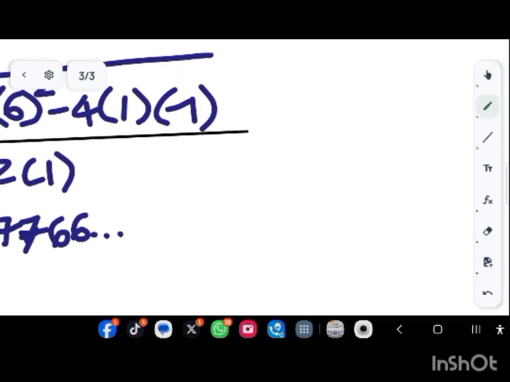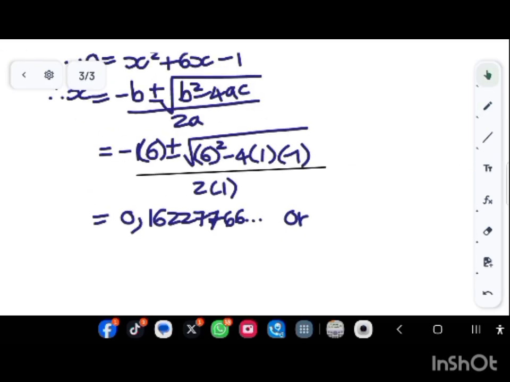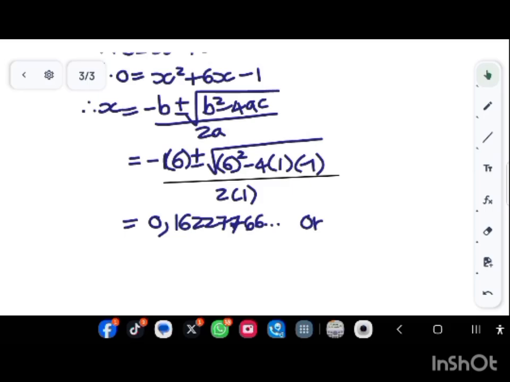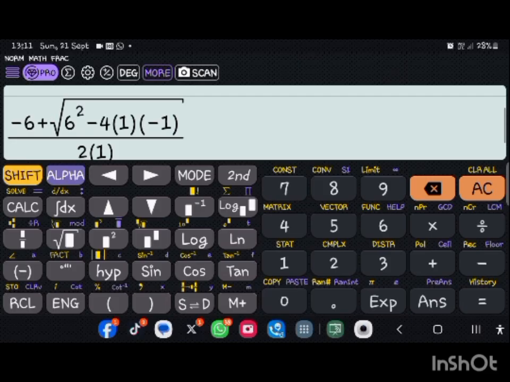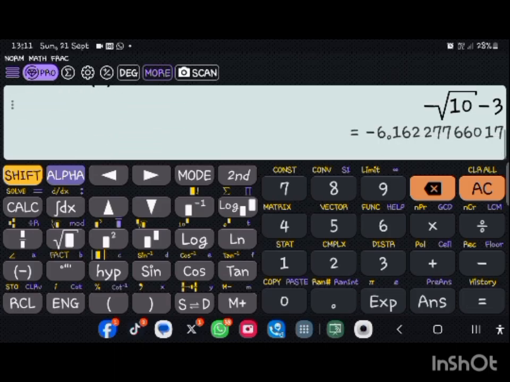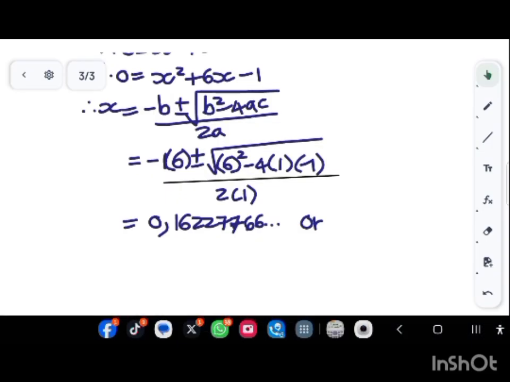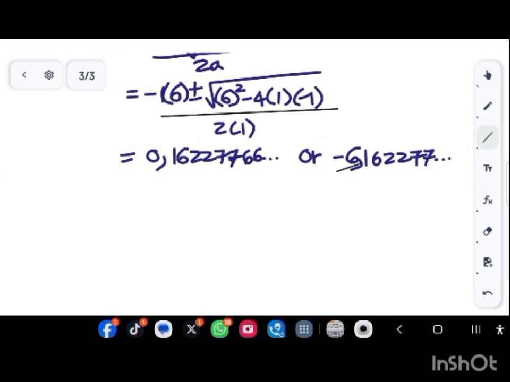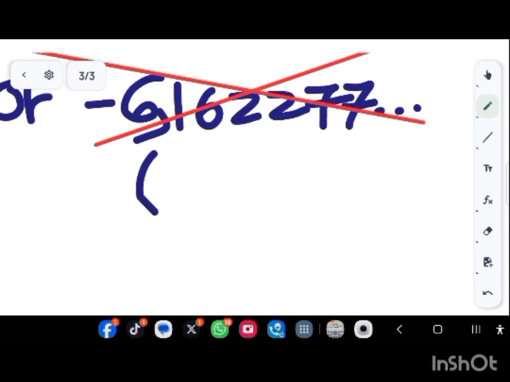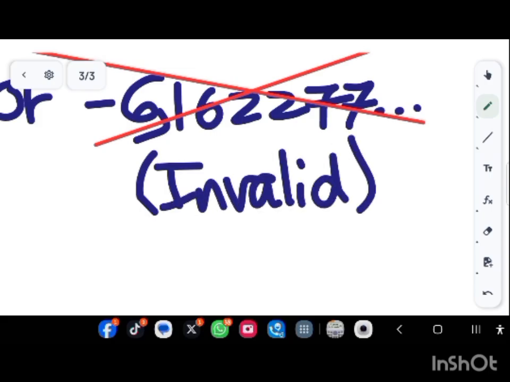All right, or another one. Remember, it must be rounded off correct to 4 decimal places because we're dealing with an interest rate. Always make sure. And then to get the other one, you just go back to your calculator and exchange the plus over there for a minus and go equal to, and boom, you'll have your answer. Negative 6,162277. Now notice that the negative one will be invalid because we have to deal with a positive value here. So this is invalid, meaning that our interest rate is